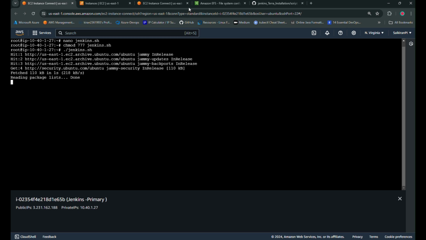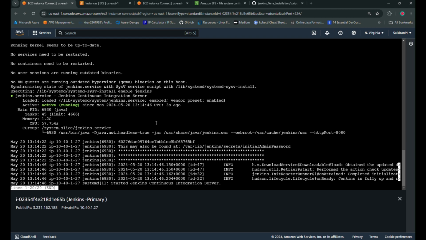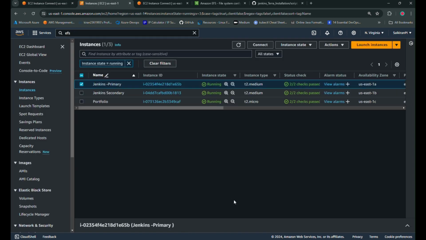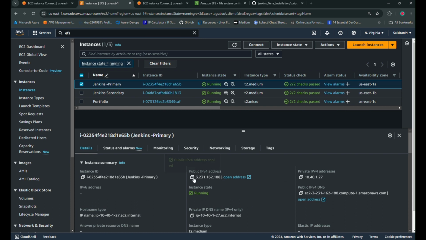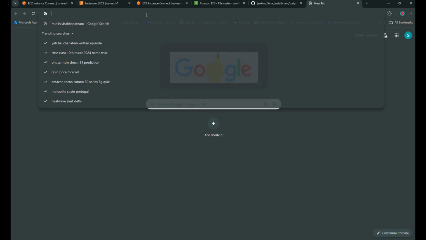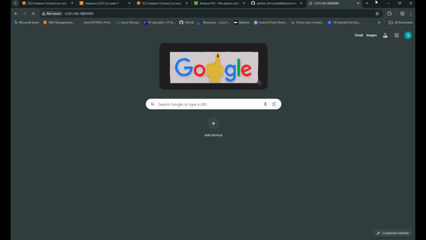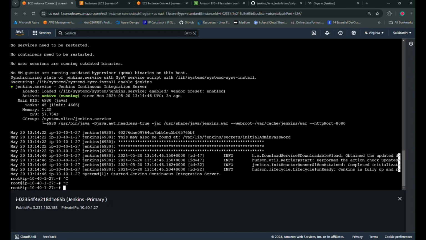Wait for it to complete. Nice, our Jenkins has been installed successfully. Now simply go back to your console again, click on primary, and make sure you're logging into the Jenkins. Copy the public IP, paste it here. What is the default port? 8080. Now I'll grab the password,